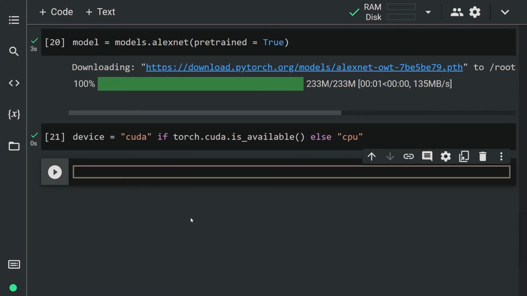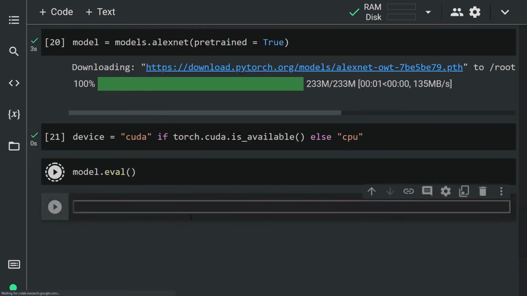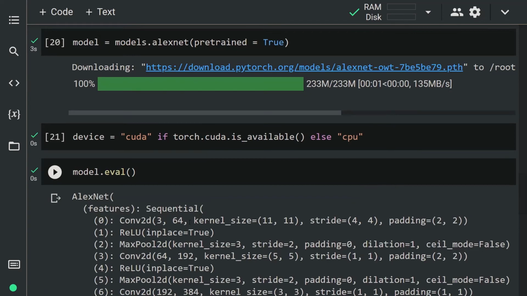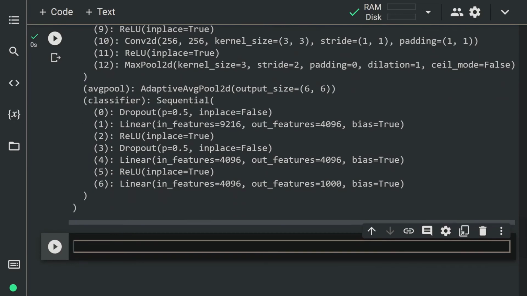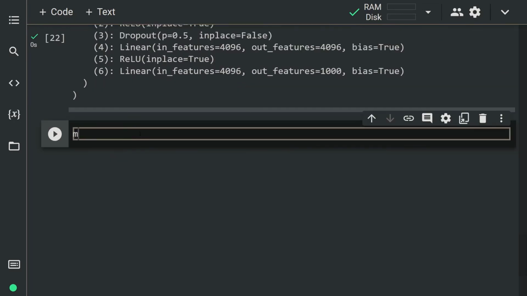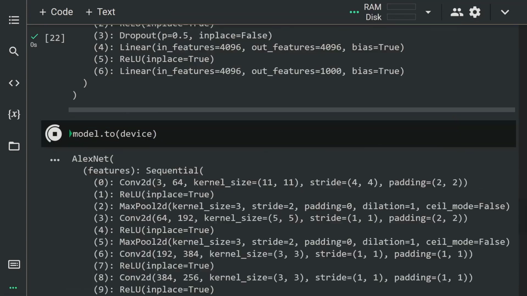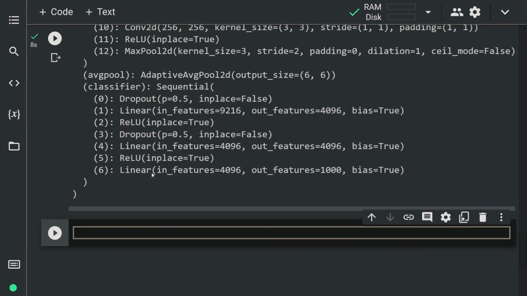Now, let's configure the model with model.eval. Let's choose the device on which the model will run. For this, I use the device variable that I just created. Model.to device. Let's assign the command to run the model to the variable y.